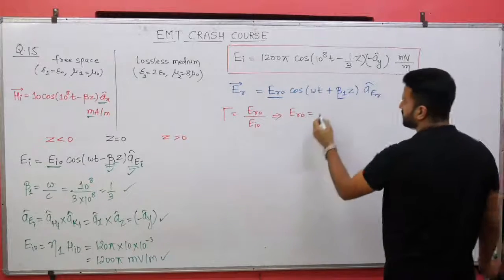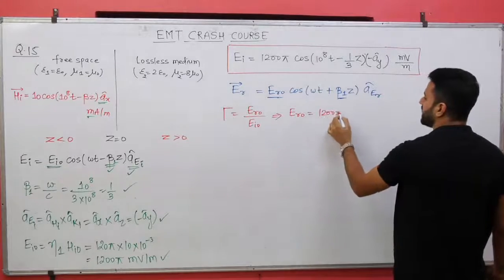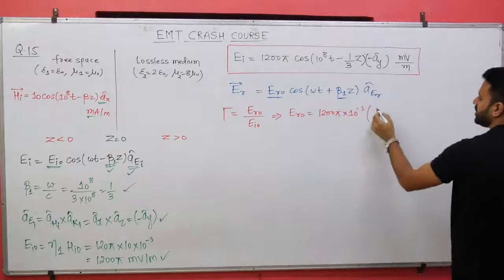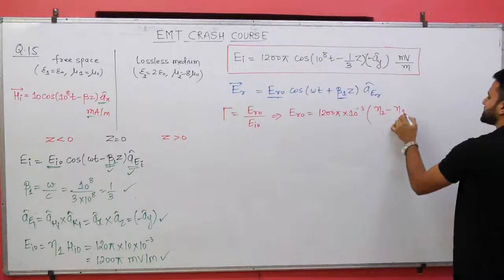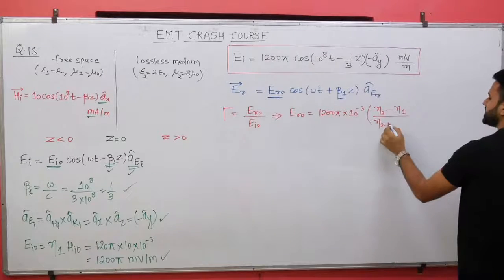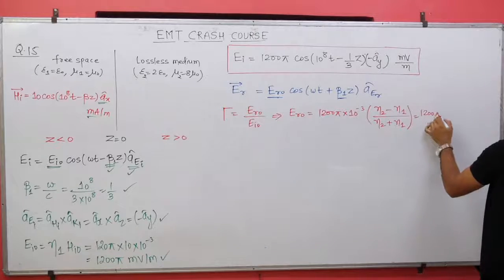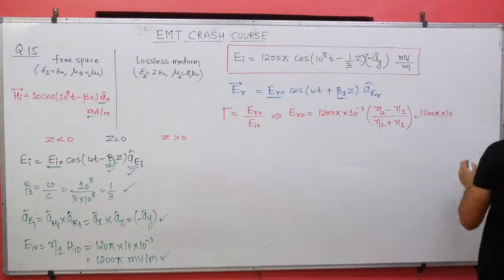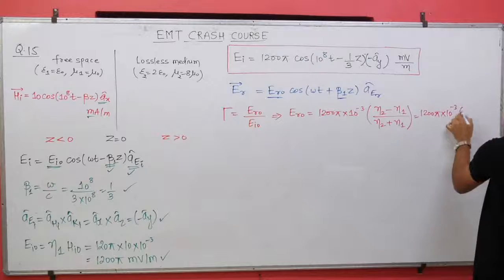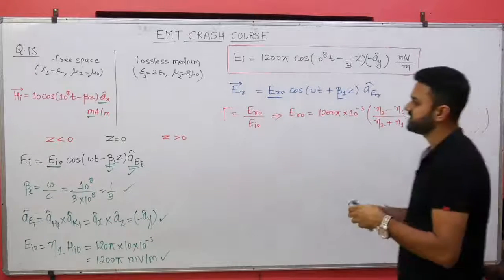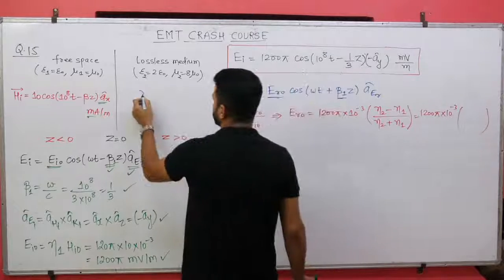EI naught you have calculated, which is 1200 pi into 10 to the power minus 3, and EI naught into (eta 2 minus eta 1) divided by (eta 2 plus eta 1). So when we solve this, what is eta 2 minus eta 1 divided by eta 2 plus eta 1? If you calculate eta 2 here,